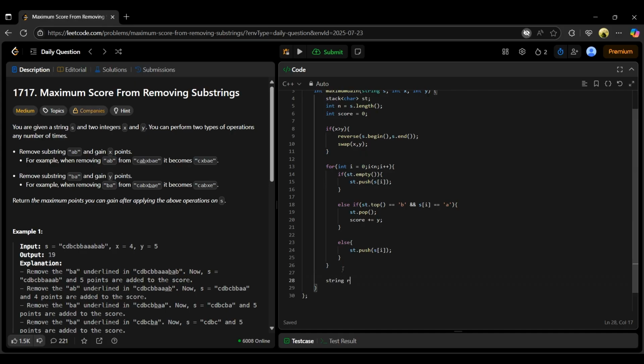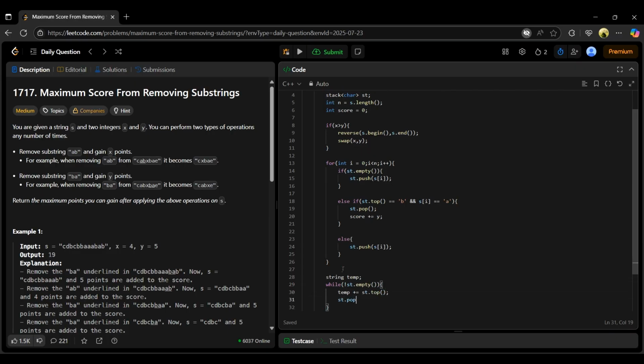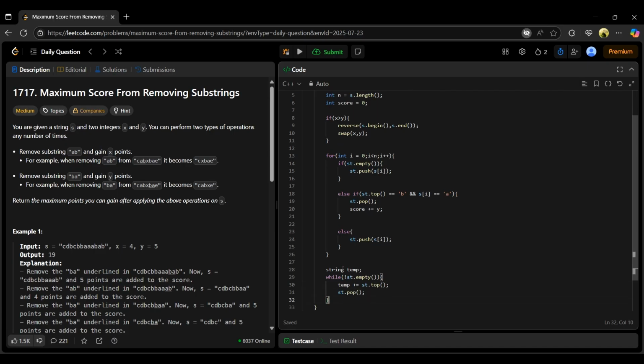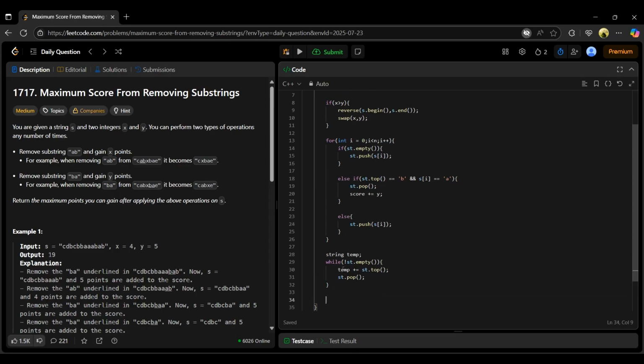For that we create a temporary string variable, and then use a while loop until the stack is empty, taking each element and putting it into the temporary variable. This becomes a new string for our second pass.